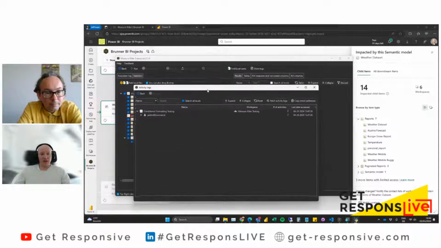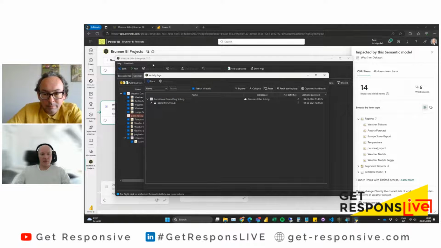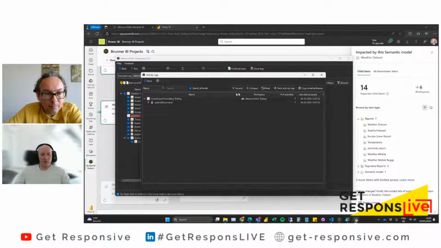And the other thing I have here is I can find the Excel users. This is something that we haven't released yet, but it's coming. As you can see, it's already working here. We can get the activity logs, and we're filtering those to find all the Excel activities in the last 30 days. And then we'll tell you who is analyzing Excel on top of this model and when they